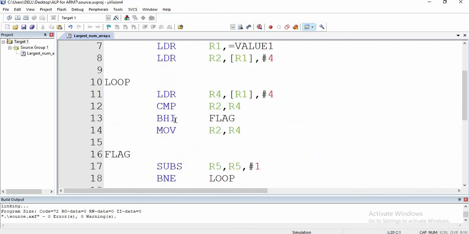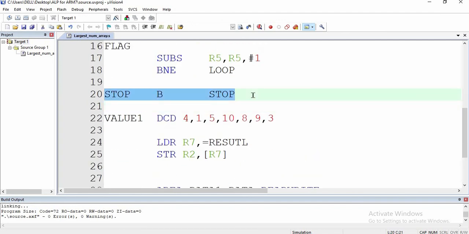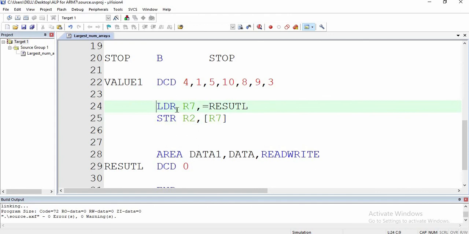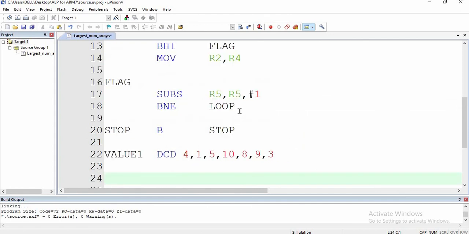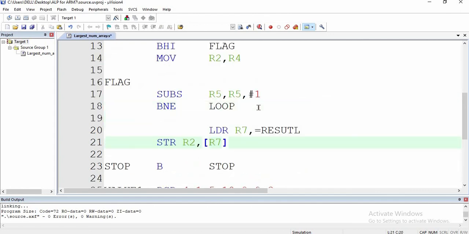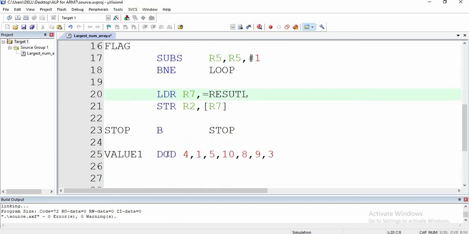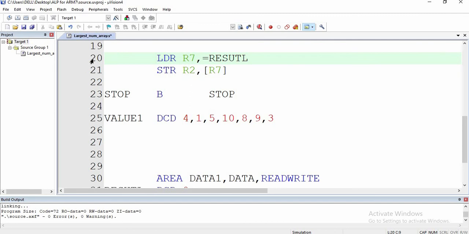We should remove this infinite loop from here, or what we can do is cut this and write it above the infinite loop. After saving the result in the result variable, it goes to the infinite loop. So I am going to save this, compile, 0 errors 0 warnings, start the debug session.